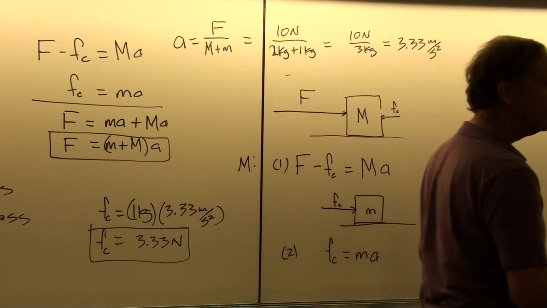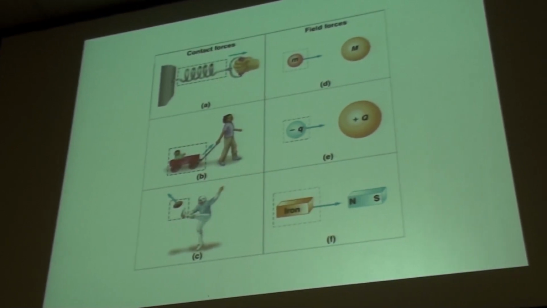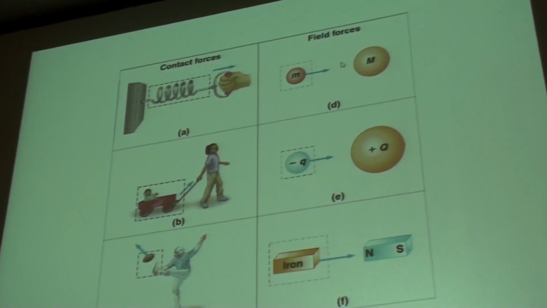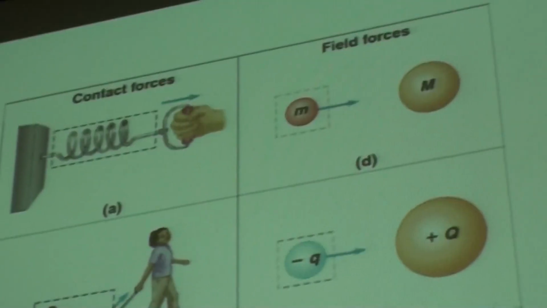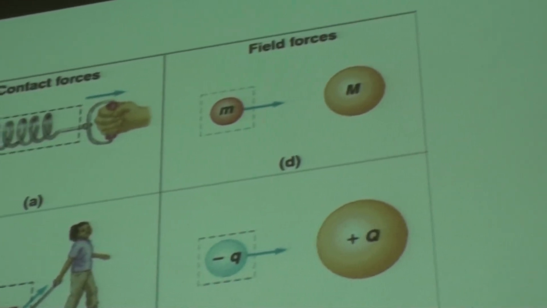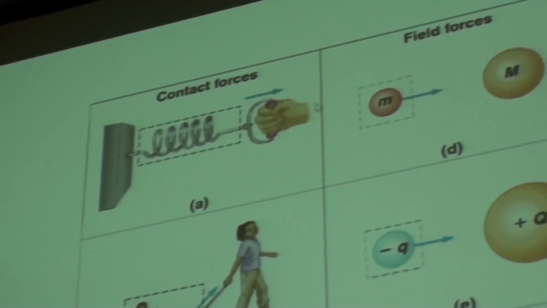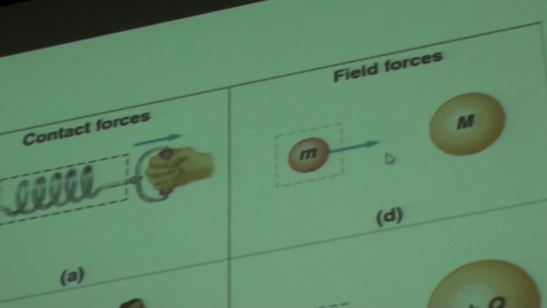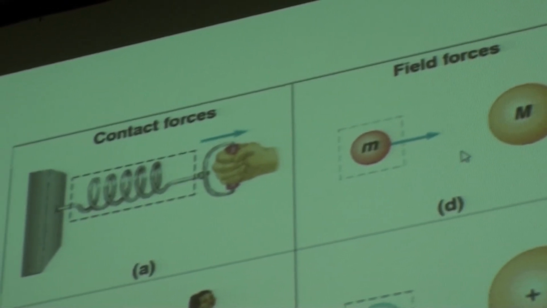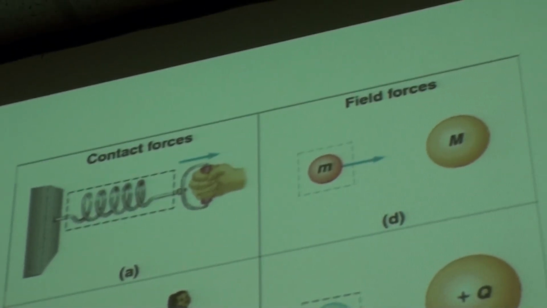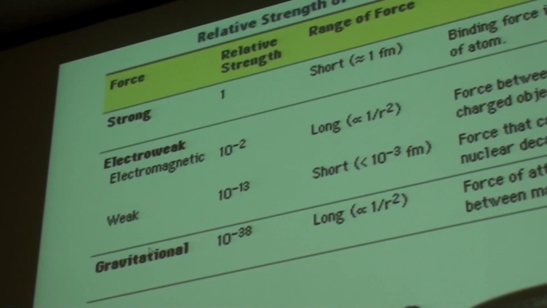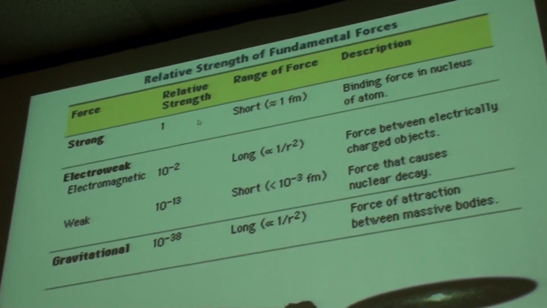Okay. And so if we look up at the data projector for a moment, we see that we've looked at a couple of examples now of direct contact forces. We also looked at one example of a field force that had to do with the acceleration due to gravity. But that also had direct contact forces in it. So sometimes you'll get a problem like that elevator problem that has both contact forces and field forces in them at the same time.